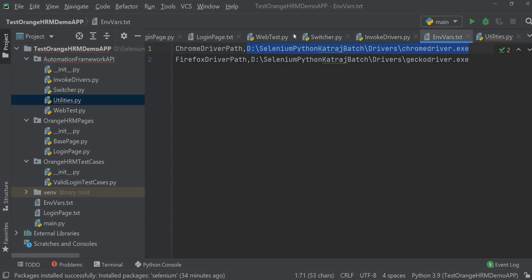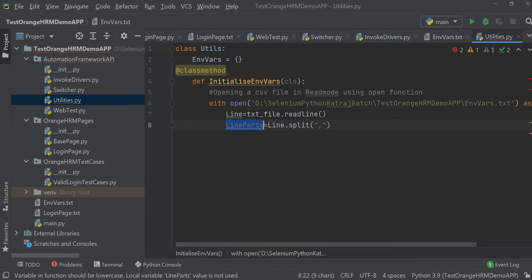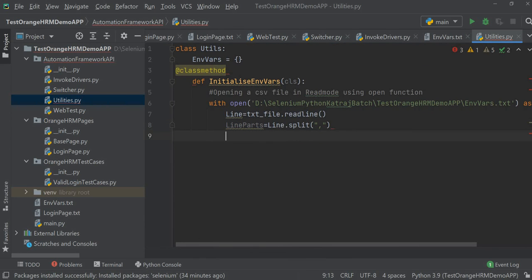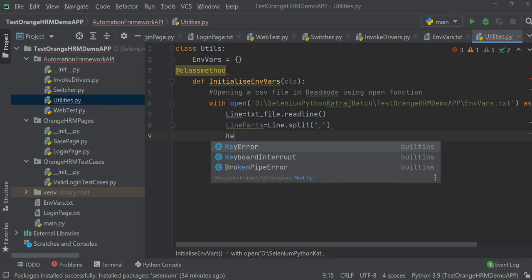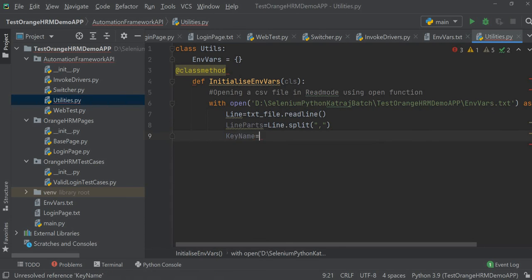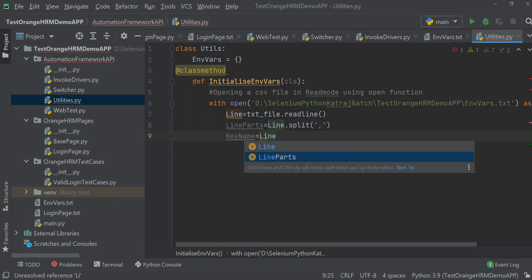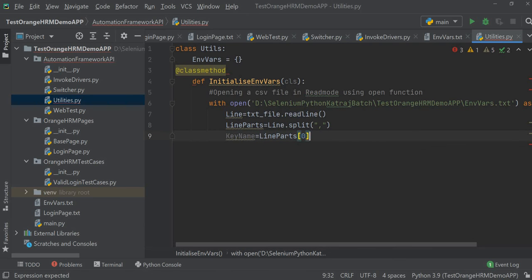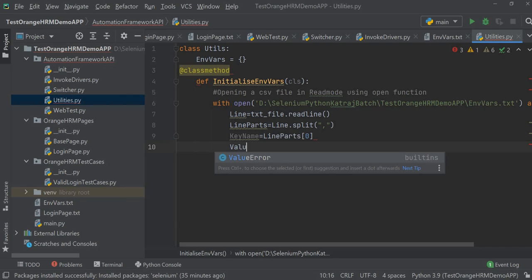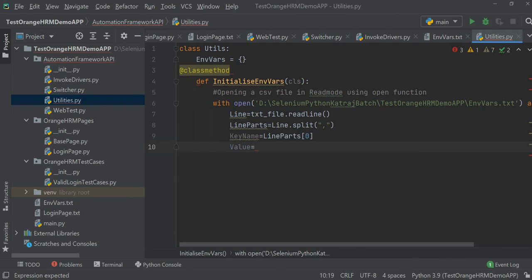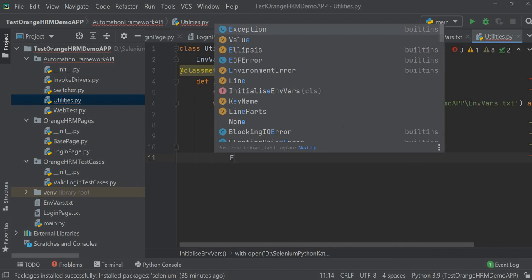Now that we have got the list, to simplify it more, we will say key name is line_parts of 0 and value is line_parts of 1. And then what we will do, we will simply say env